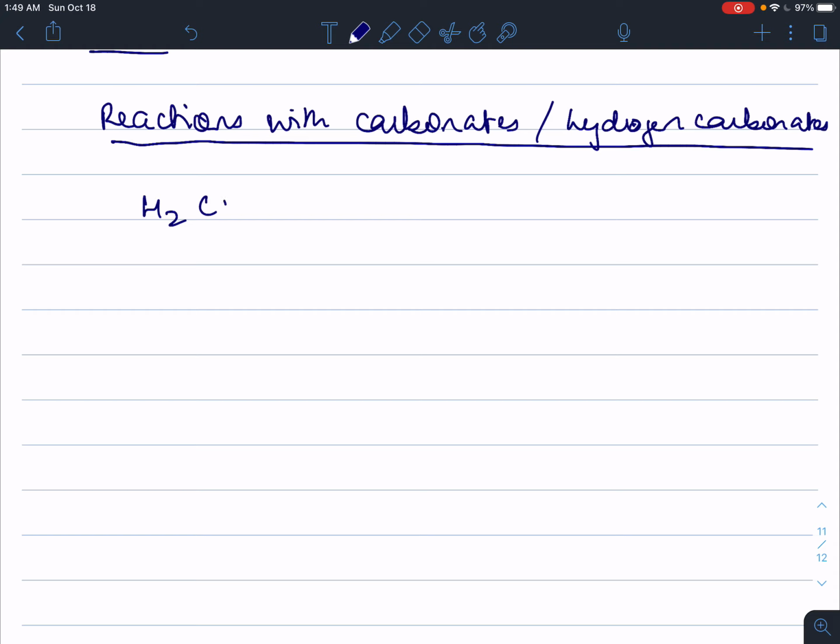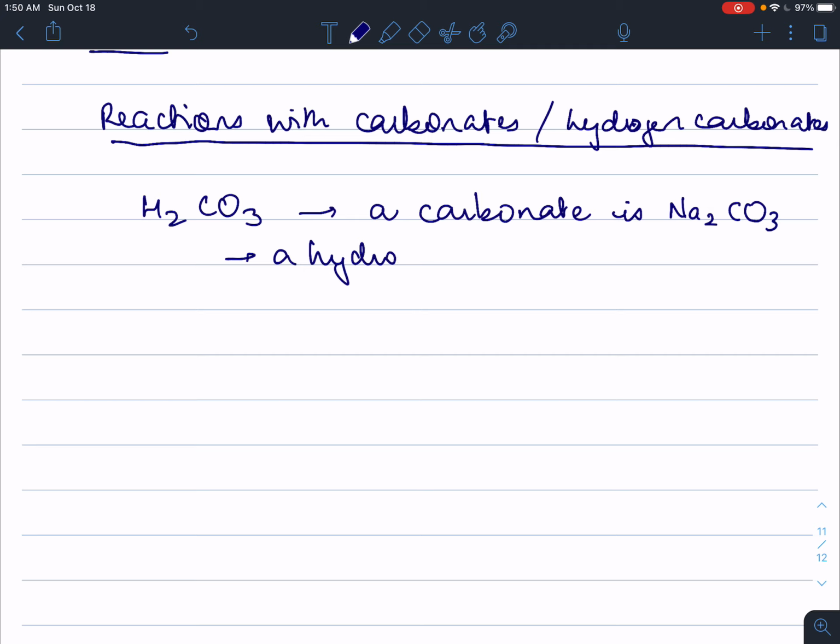Carbonic acid is H2CO3. So, a carbonate is Na2CO3 or something like that. Any salt of carbonic acid. Whereas a hydrogen carbonate, also known as a bicarbonate,